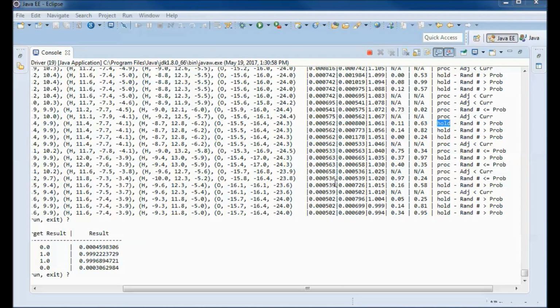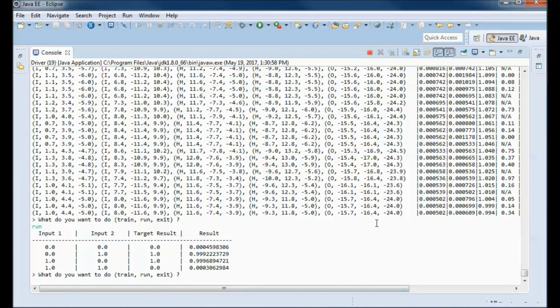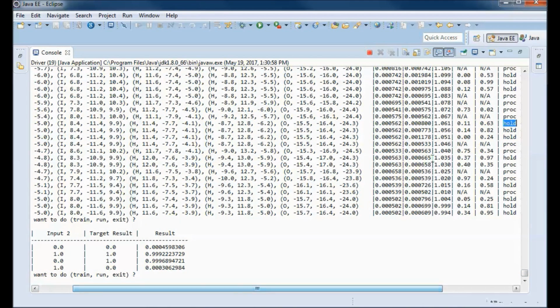This is the same idea as in annealing. So when the metal is hot, it's easier to manipulate. When it gets colder, it becomes much harder to manipulate.